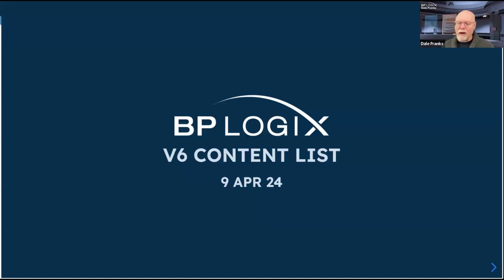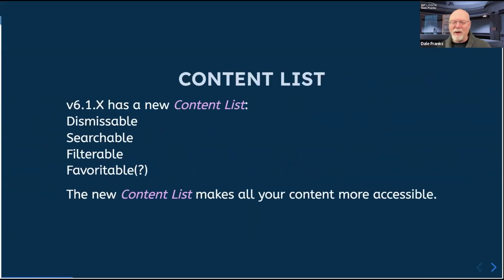Last month, we talked about one of the new features in Process Director, a new form control called the data list. Today, we're actually going to look at the Process Director UI itself, and we are going to discuss the content list. And to do so, I am going to share my screen so that we can take a look at the content list for version 6. It's actually not really available until version 6.1, but we're going to go ahead and go with it.